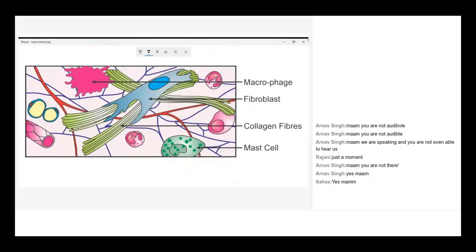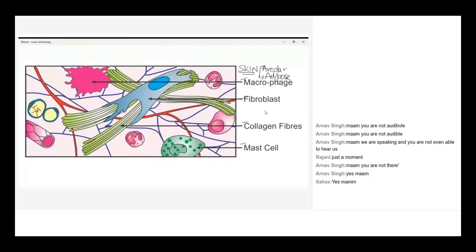When you take the skin, under the skin you will have the areolar tissue with all these components, and along with the areolar tissue you are having another type of tissue called adipose tissue. Here itself adipose tissue can be labeled, that's why I showed the same slide. Okay, so what the adipose tissue does is nothing but fat storage.